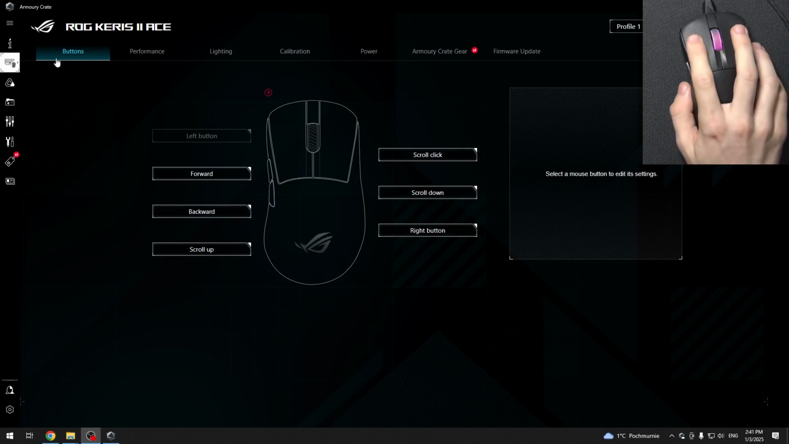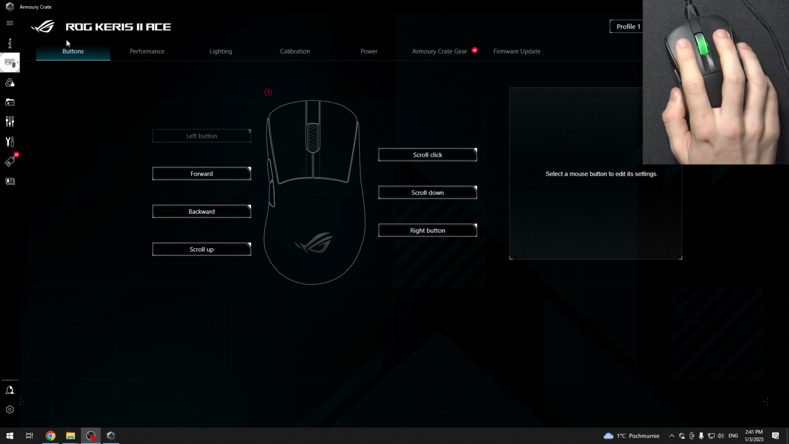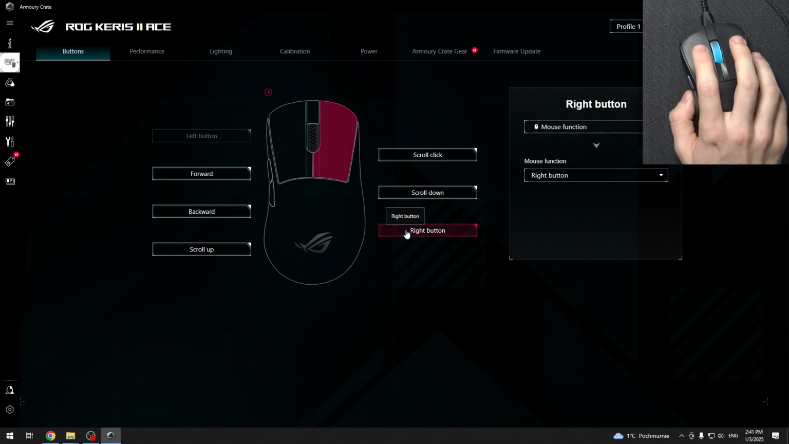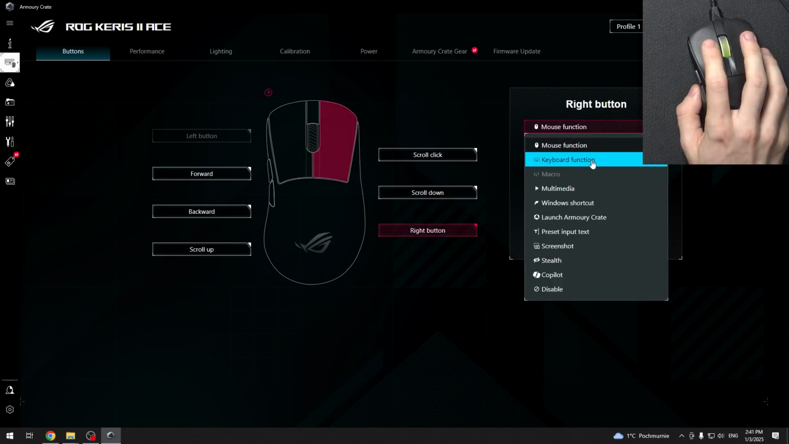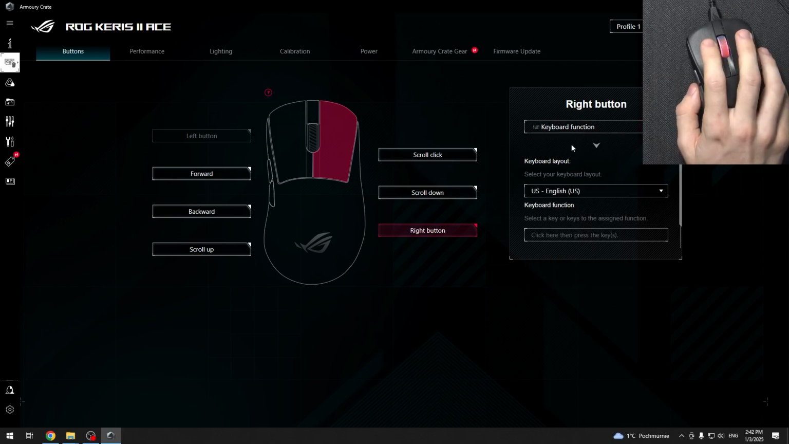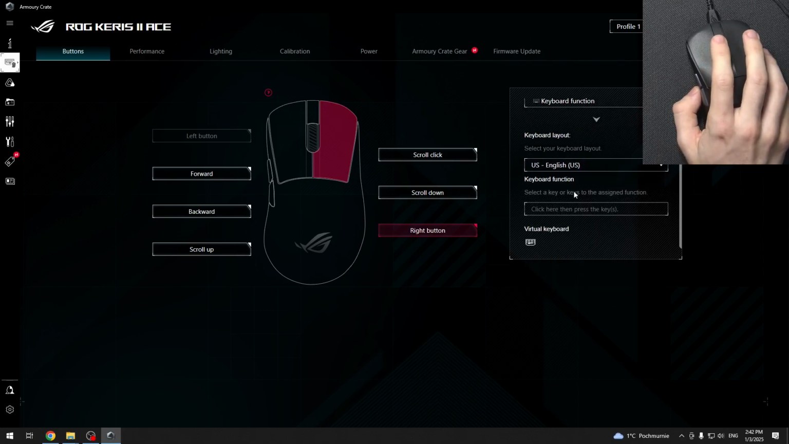To reassign buttons, in the Armoury Crate, go to Buttons, then you can just click on the button that you want to reassign. For example, let's reassign the right button, and you can assign it to a mouse function, keyboard function, a macro if you have any created, multimedia, Windows shortcut, launch Armoury Crate, preset, input text, screenshot, stealth, copilot, or disable that button. So I'm gonna set it as keyboard function, then choose the keyboard layout, and then on